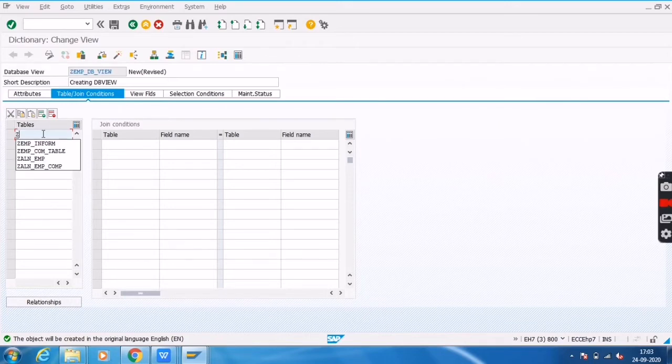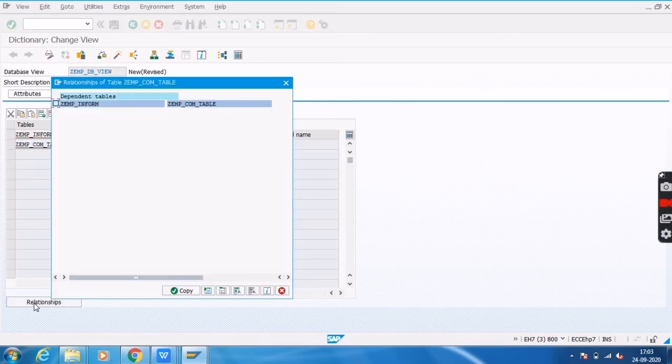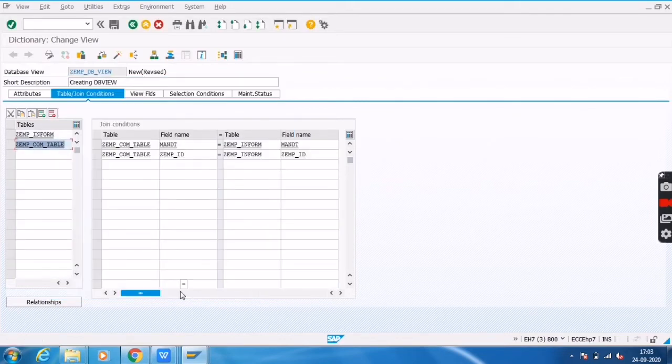Here I will mention the EMP information table as one table, and the other one is the EMP company table. You have to click on the get relationship button, click on this, and click on copy.